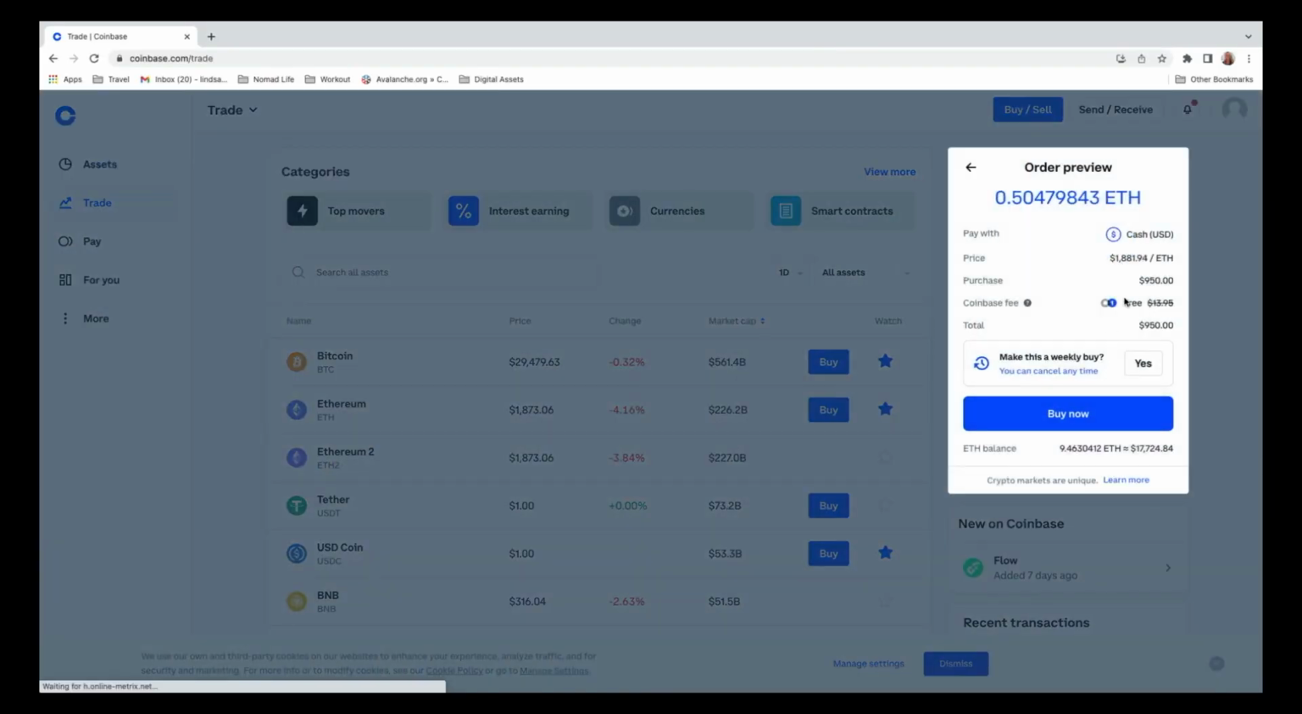But great. So we're going to preview the buy now. It's showing the amount of ETH you would purchase with that amount of USD. So 0.5. It shows pay with source is cash, and the price of ETH, which is going to fluctuate as we go through this transaction. The Coinbase account that I have waives the fee, but if you don't have an account that you're